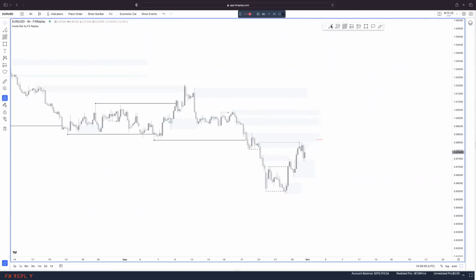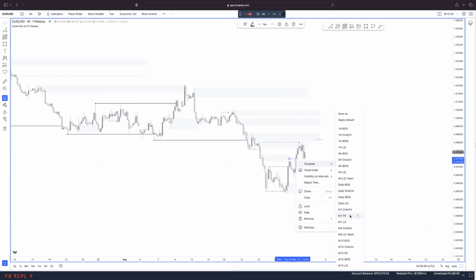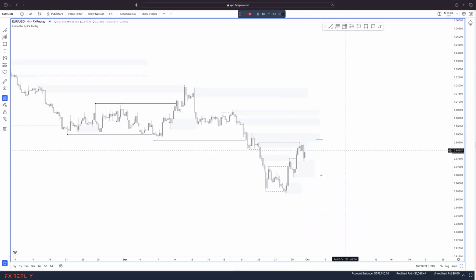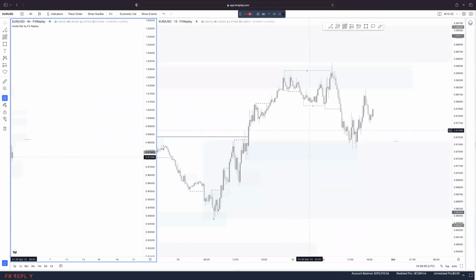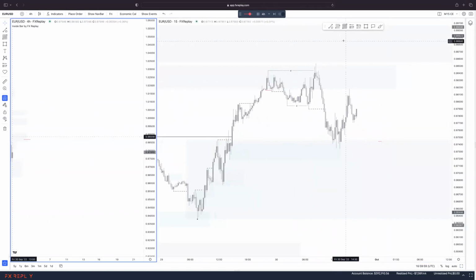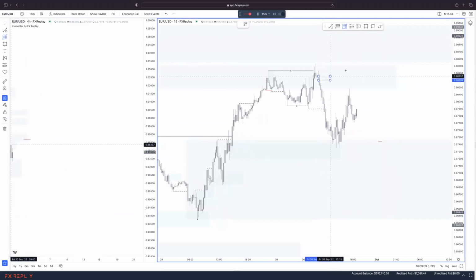Obviously, the problem now is that we've pulled back into this 4 hour internal range. So it's very possible that the M15 pullback is complete. So for that reason, wouldn't really consider a risk entry from here. Just because we've mitigated the 4 hour demand, we've mitigated the M15 demand, and we've mitigated the discount of the